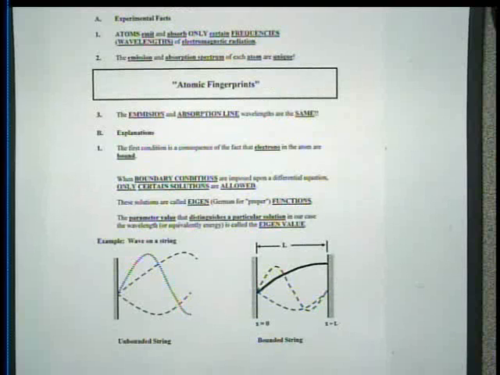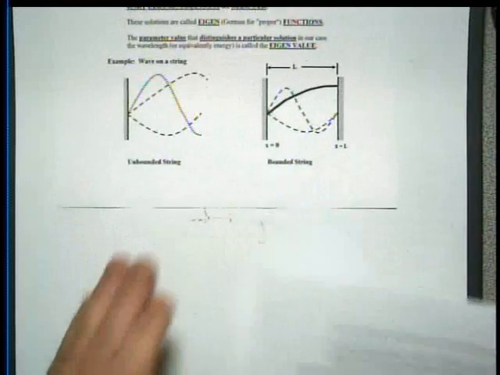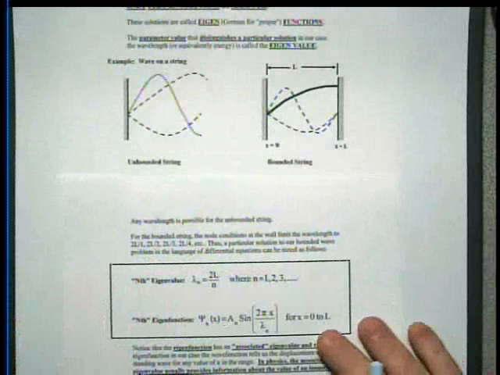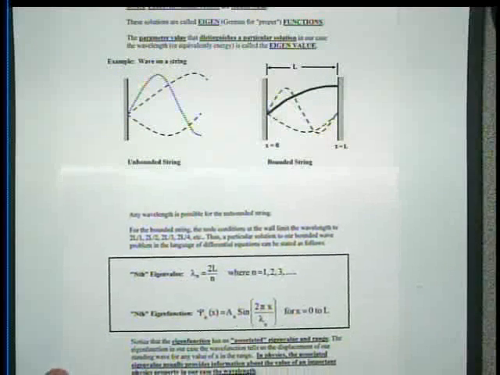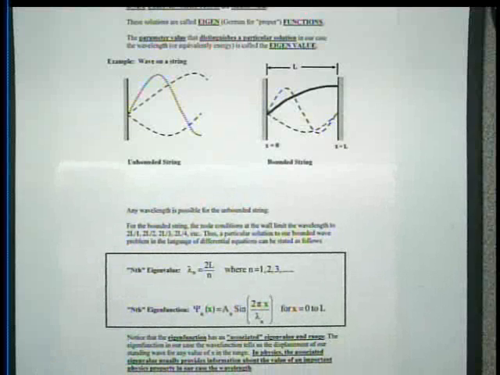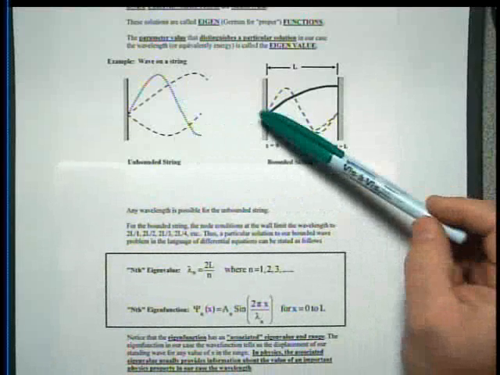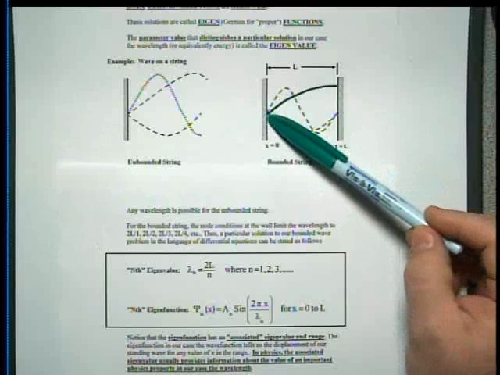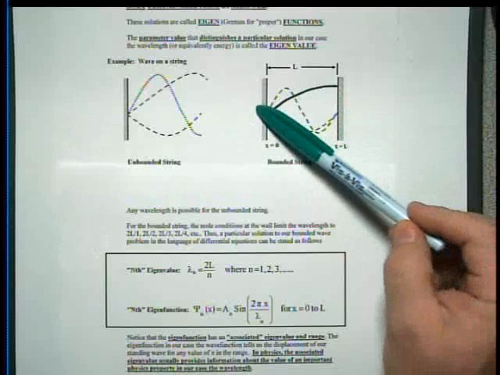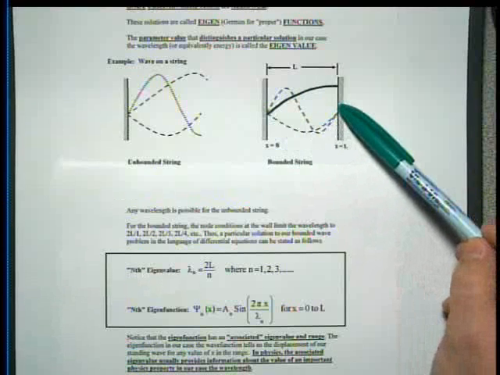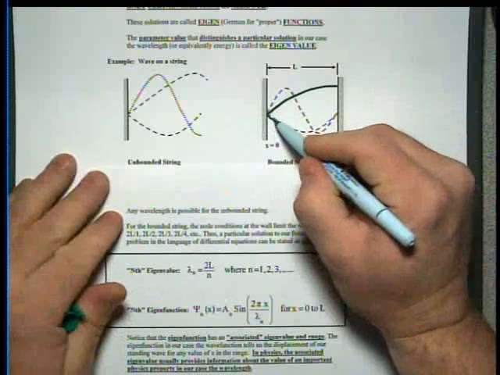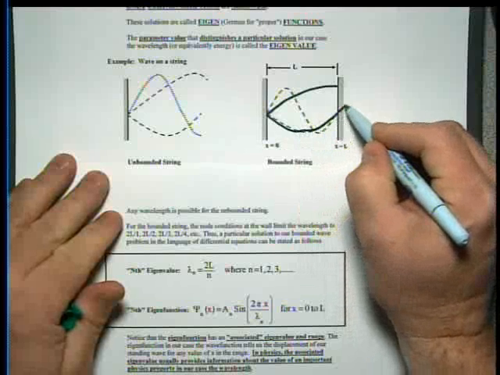Other thing inside of there, kind of finishing looking at what I wrote in your notes that you should have read. If you look at these waves on a string, or if you remember back in high school, since it's a required topic on the STAR exam, in fact, my daughter's doing that right now, then you'll know that the wavelengths here, in order to complete this, the longest wavelength is if it's this one where it makes half of a wavelength getting from one side to the other. So to complete that, this is kind of like the upside down sine wave here. To complete that, it would need another L.